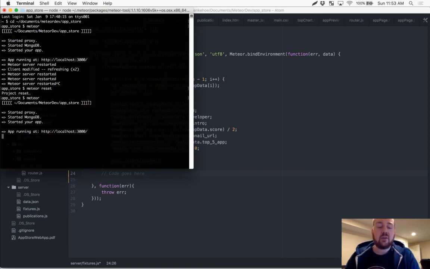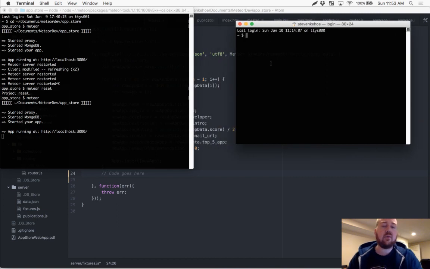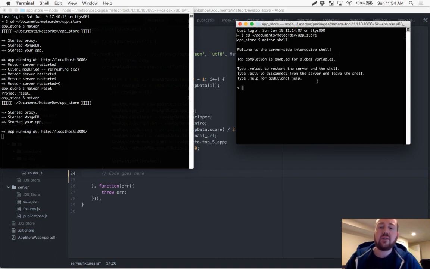If we open another terminal here, you've got Meteor running over here. We can go to the same directory first, Documents, MeteorDev in my case, AppStore, and then we can type the command meteor shell. And this is going to open up a shell on the Meteor server side that lets us interact with the running server. So just to illustrate that, if I type console.log hello,